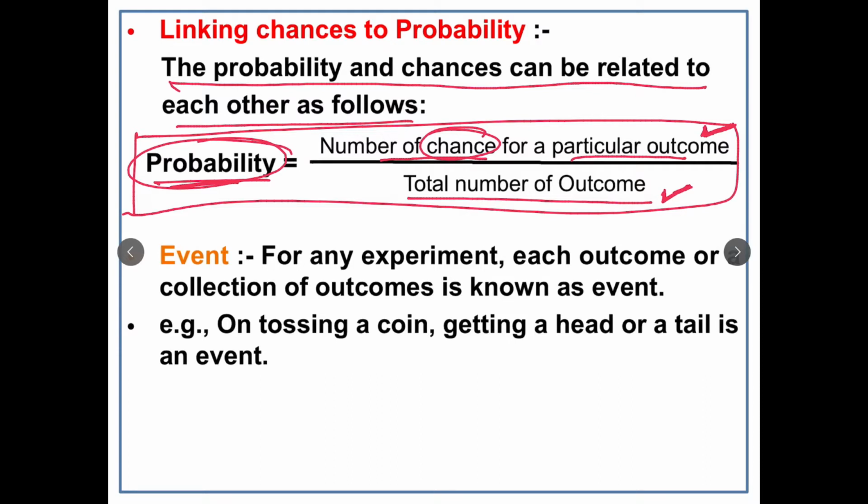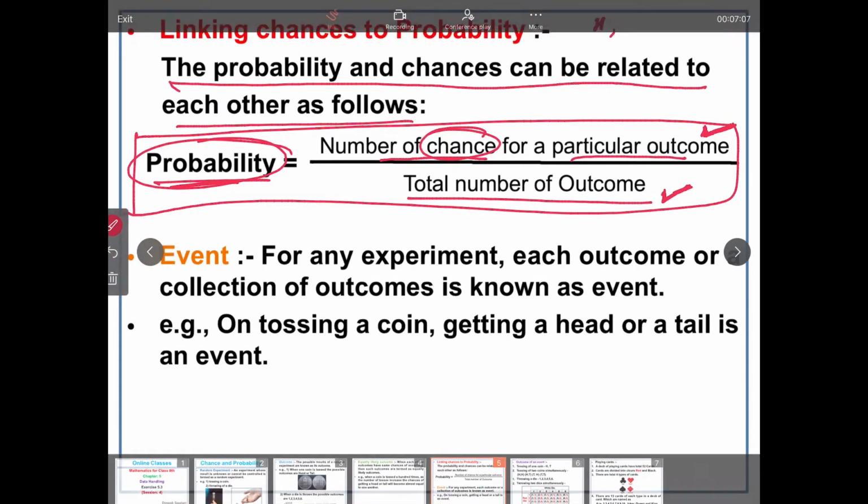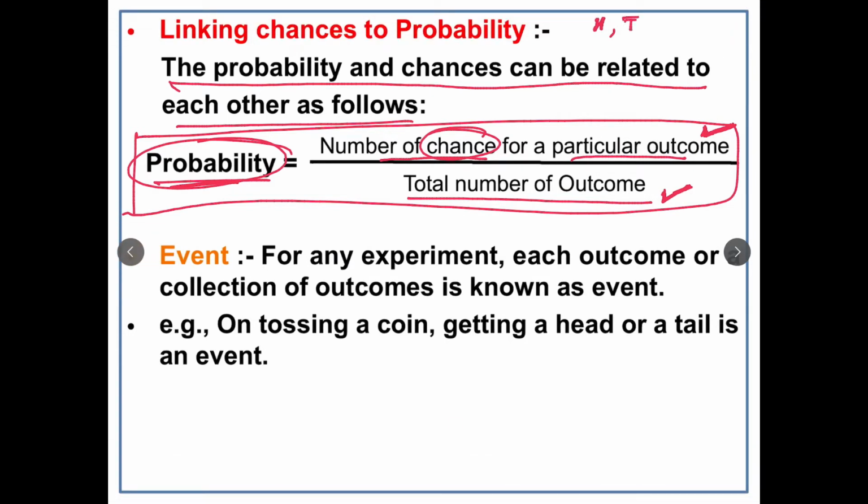For example, if we are to calculate the probability of getting a head if one coin is tossed, so if we toss one coin, the outcomes are heads and tail. Total outcomes here are 2. So the probability of getting a head will be